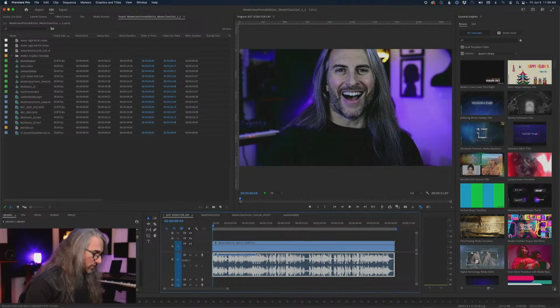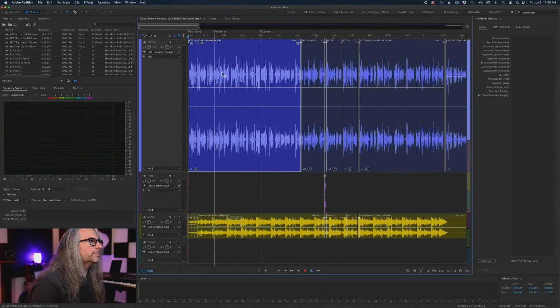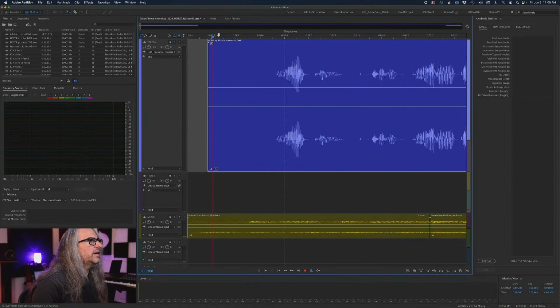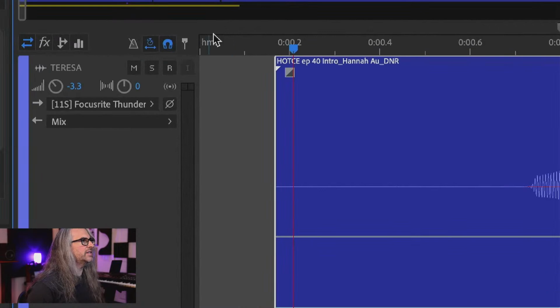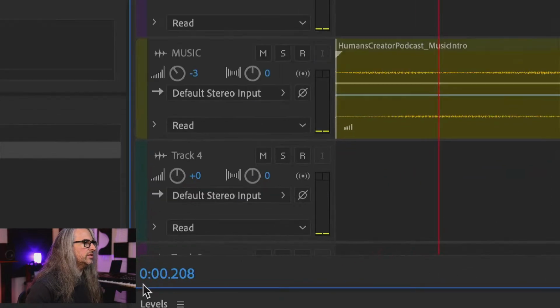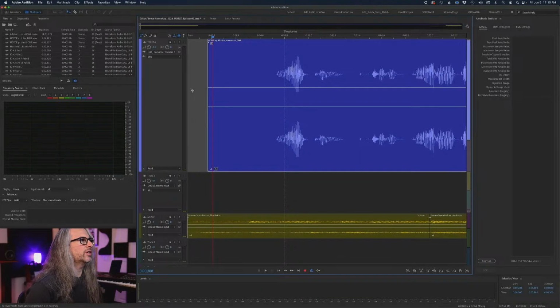All right, now, bouncing over to the Audition side, how do you do the same thing? Basically the same. As I mentioned, in general, the default time code is hours, minutes, seconds, and then milliseconds is what we're looking at here in the counter area.